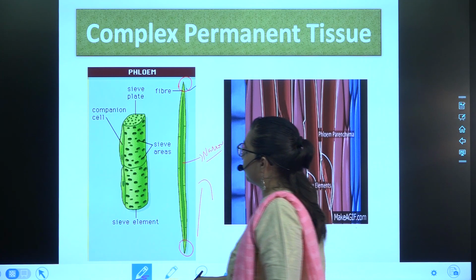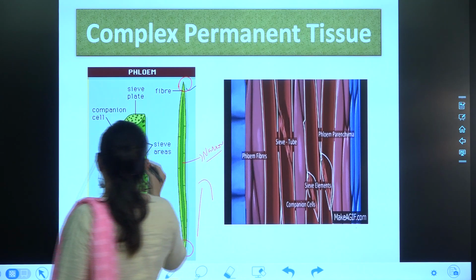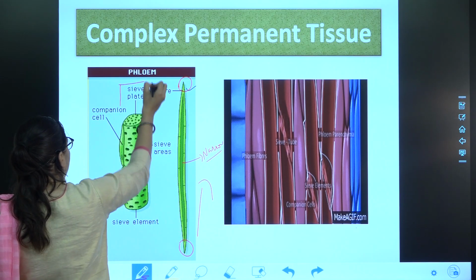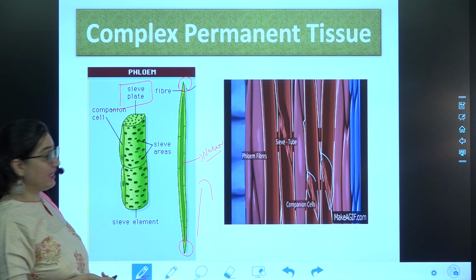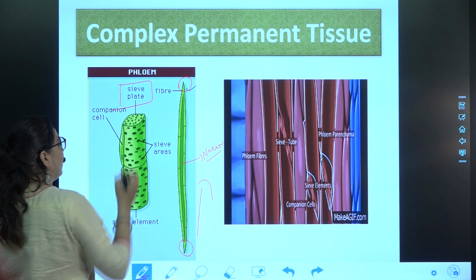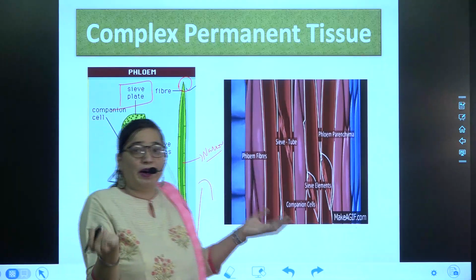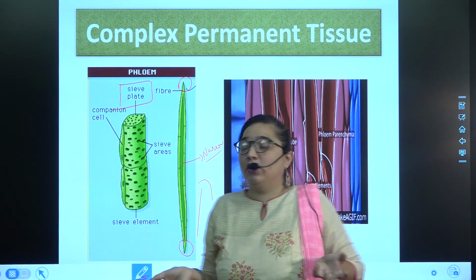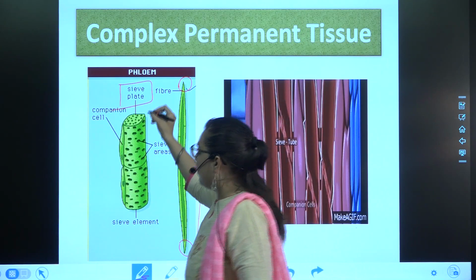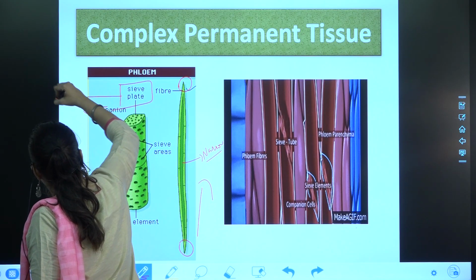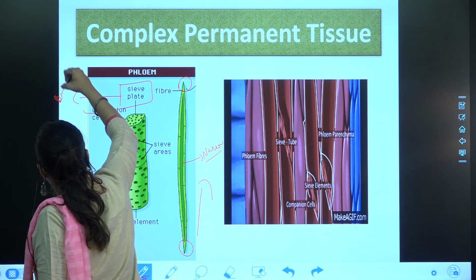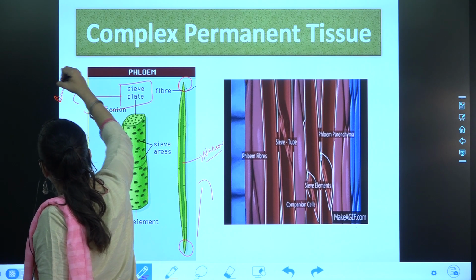Then the sieve tubes. At the end of the sieve tubes, there is a sieve plate. And you can see how the sieve plate is. It is slightly bulging. Bulging means it is a bit fully hoy. So the sieve plate, which is bulging,